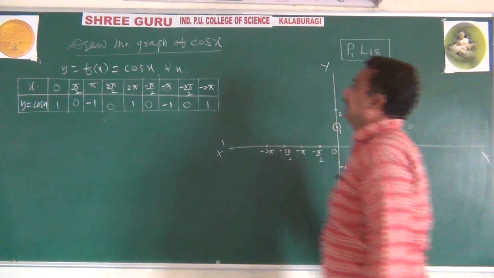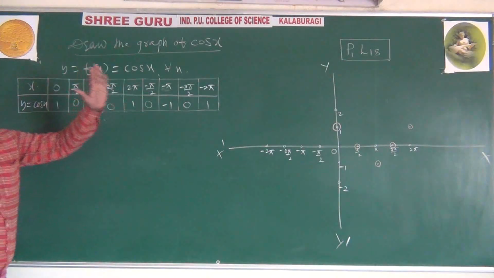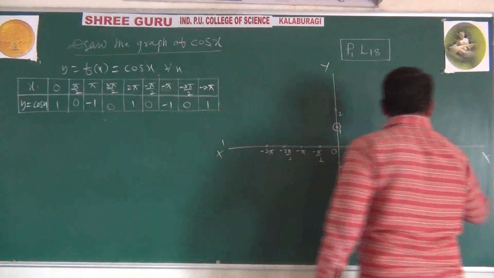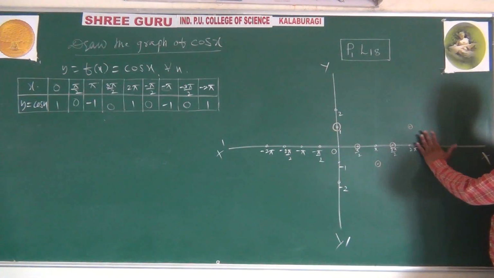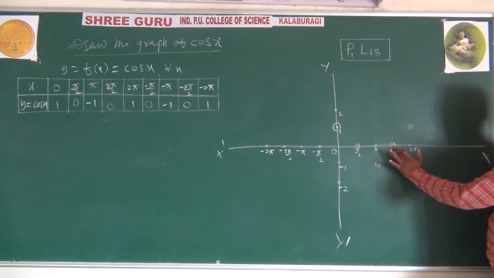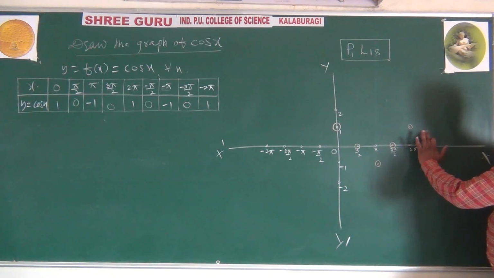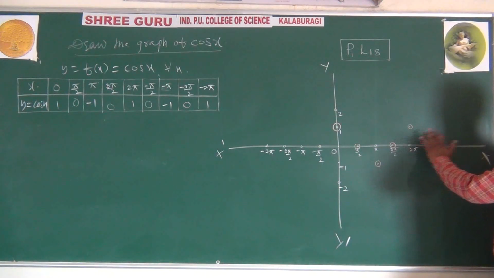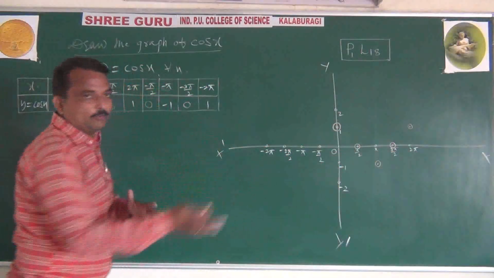Then when x is minus pi by 2, it is 0. You may take positive values like that. After 2 pi also, you may get the same type of values: 1 up, 1 down, and 0. At odd multiples of pi by 2 it becomes 0. At pi, 3 pi, 4 pi, it becomes positive or negative, going up or down accordingly.